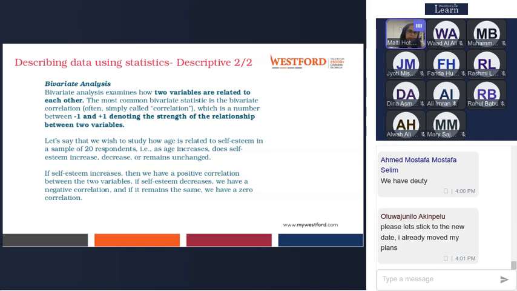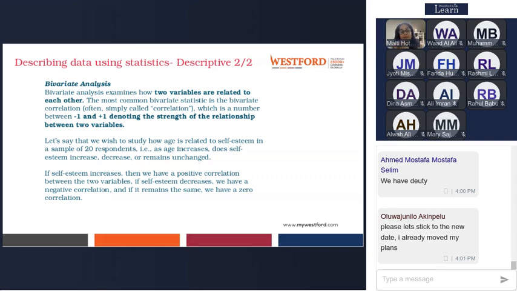Bivariate analysis basically examines how two variables are related to each other, whether they are dependent on each other or not, whether they have some correlation or not. If you remember, correlation in normal economics or mathematics: if two variables have a positive relationship, it means if one variable, let's say the height, increases, the weight will also increase. If height reduces, the weight will also reduce. This is called positive correlation. Then there can be a negative correlation also, that is when the height increases, the weight decreases. That's a negative correlation, which is denoted by -1, and positive is denoted by +1.